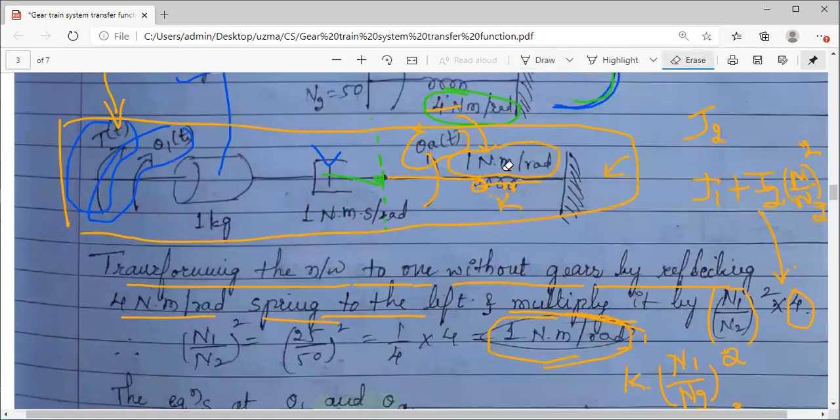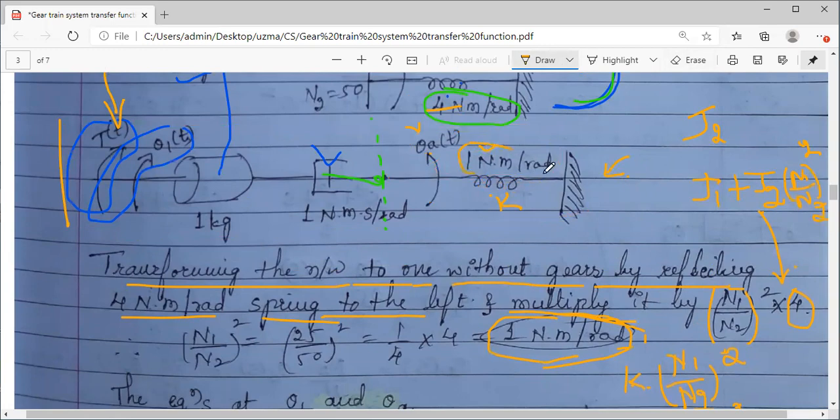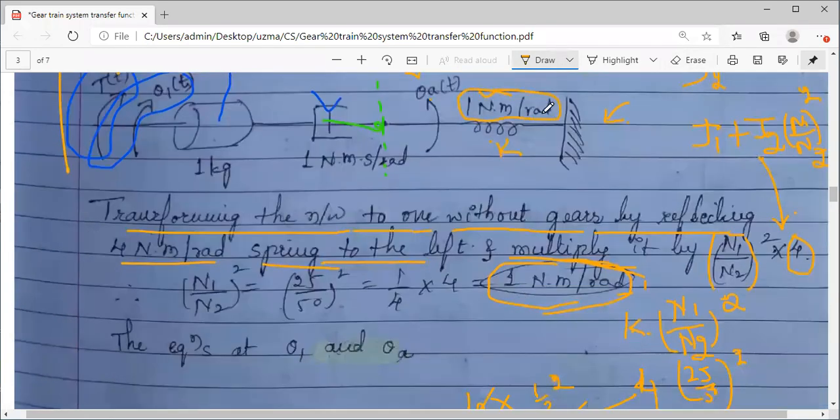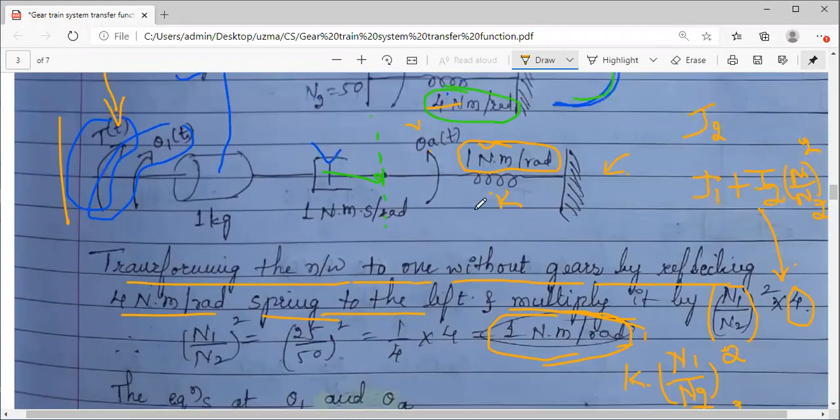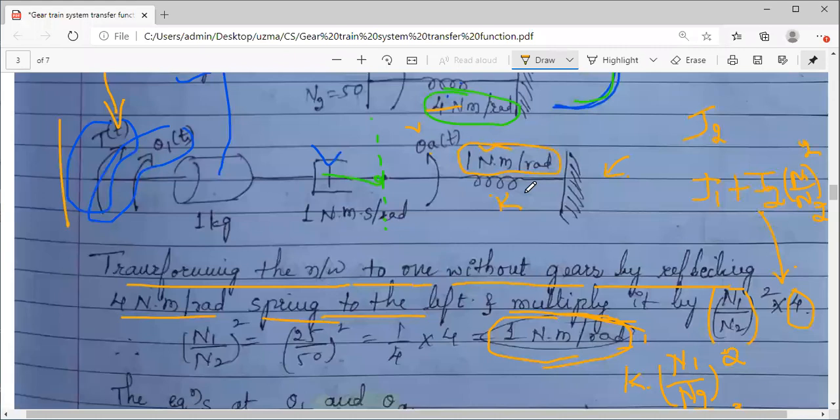You can see in what I have drawn here, I have taken 1 Newton meter only. Why? The changed value I have written directly. Okay, so you calculate and then at the end you can specify. Hope you understood how the value of the spring constant K changes when you reflect on shaft 1, what the new value is. It should be multiplied by this ratio. And theta, we will look at the end about the theta. Fine.